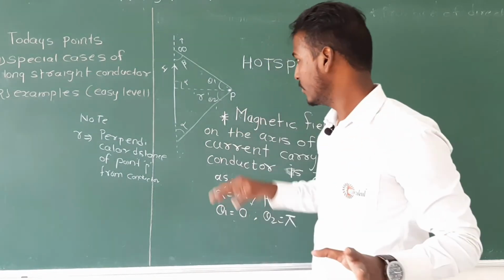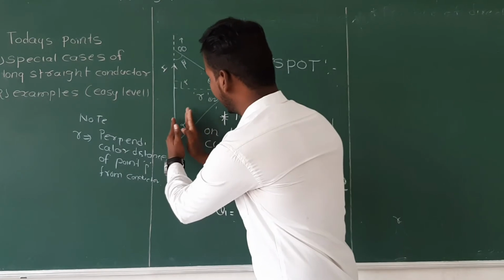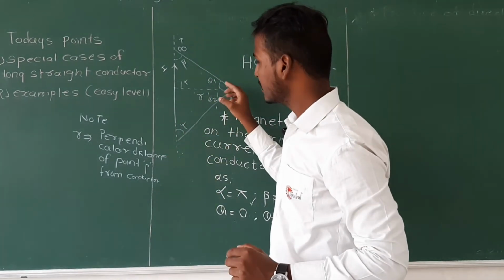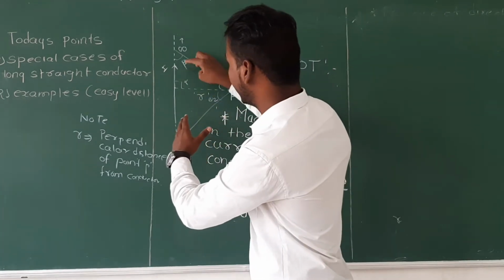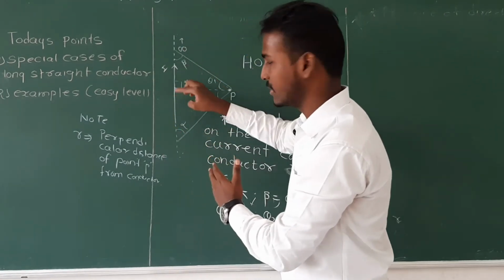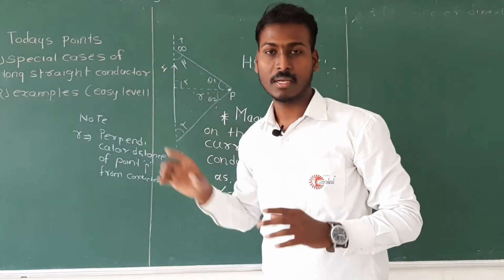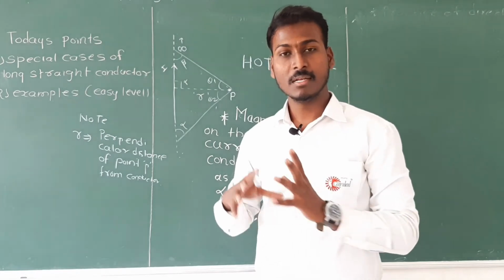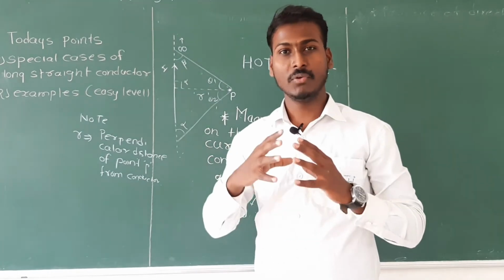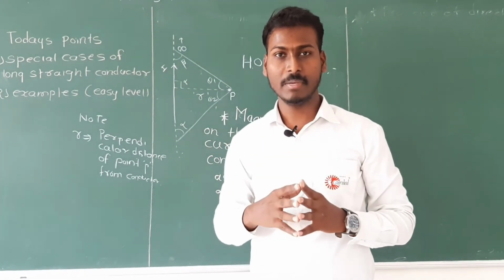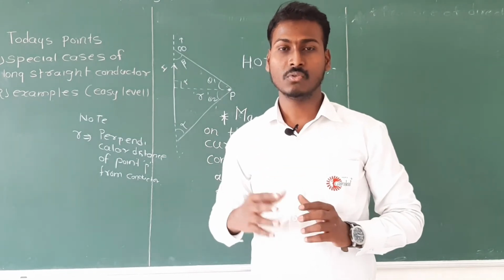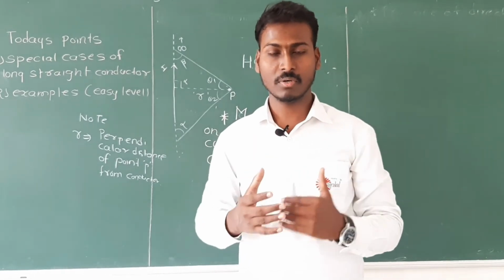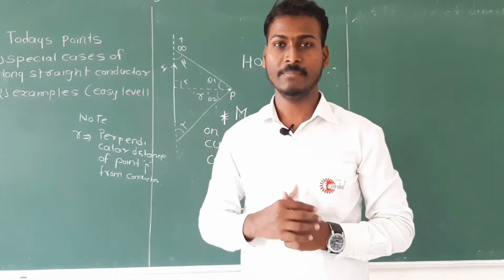Once again, see carefully. If P point is here, coincided, alpha and theta 2 become 180 degrees, and when P point is again here, at that time theta 1 and beta become 0, because we are measuring like this. So you have to put those values in any expression. We have two original expressions, and in those, if you put the values, you will get the same result, that the magnetic field will be 0. That's it. Now after this, we will see some easy level examples on what we have gone through right now. Note it down.